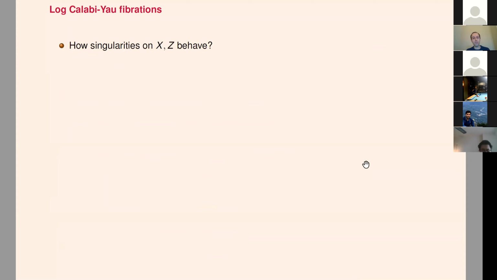Another kind of question you can ask: how do the singularities on X and Z behave, and how are they related? For example, if you know something about the singularities of X, can you say something about the singularities of Z, about its fibers, and so on? This is really important to understand the geometry of X, especially if you know something about Z and the fibers and you want to say something about X itself, because this is a kind of inductive procedure. And